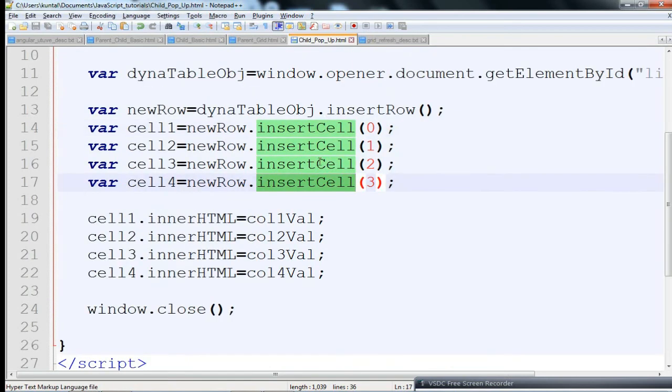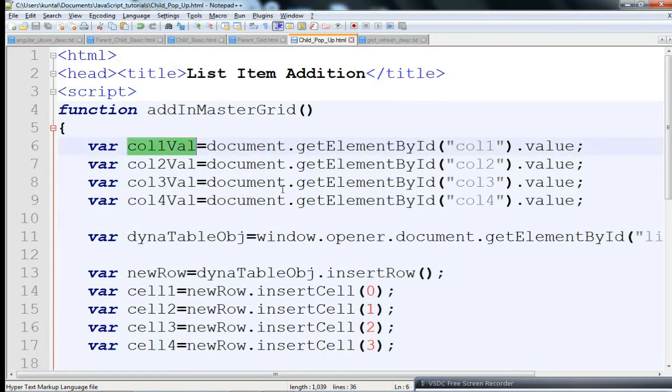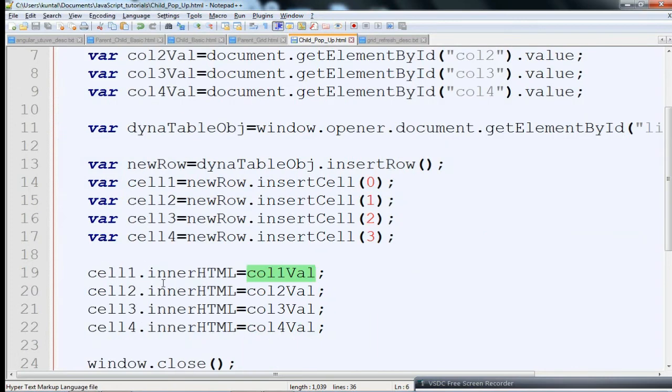So cell 1 dot innerHTML is equal to column 1 value, cell 2 dot innerHTML is column 2 value, and so on. When this is assigned, meaning the values from the pop-up are assigned into the parent's table row, then I am closing the pop-up. So when I call window.close, it is closing that pop-up.